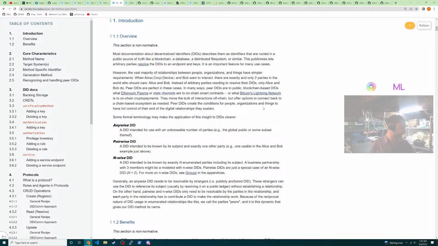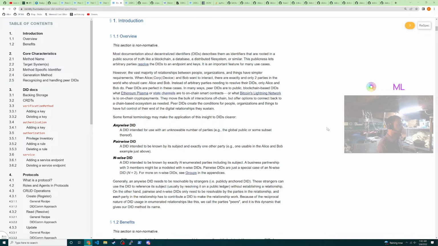So basically, we're going to put a bunch of data on the blockchain, right? That's the data we're going to put on there. These are the peer DIDs, and then what are they going to do? Well, they're going to reference data that's external via the manifests, and the manifests we're going to encode in some scheme that will allow us to put it within a DID doc, I believe. Peer DIDs create conditions for people. So it looks like